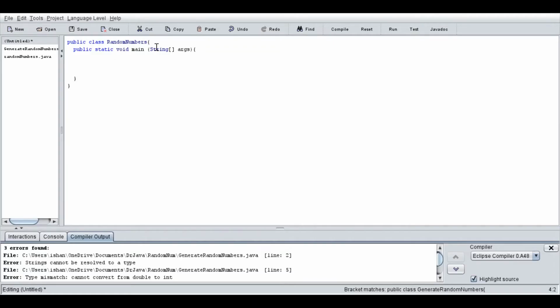Let's begin. Here I have set up two things for you guys. In this line I am making a class and in this line I am declaring the main method. The next thing we need to do is create a variable that will store the value of the random number generated by the computer. To do that, write int theNumber